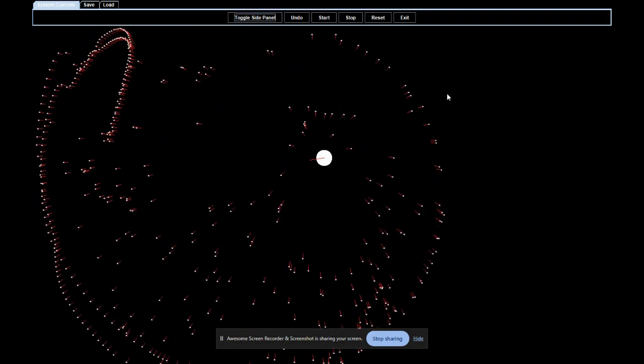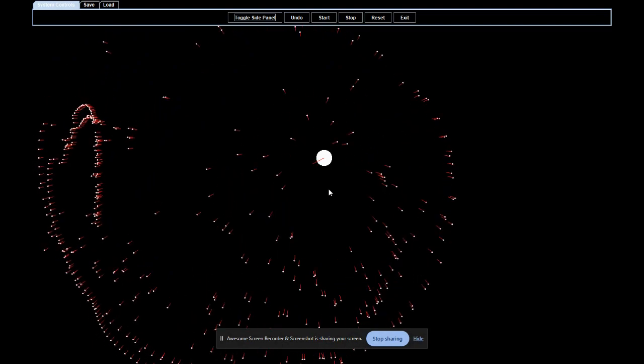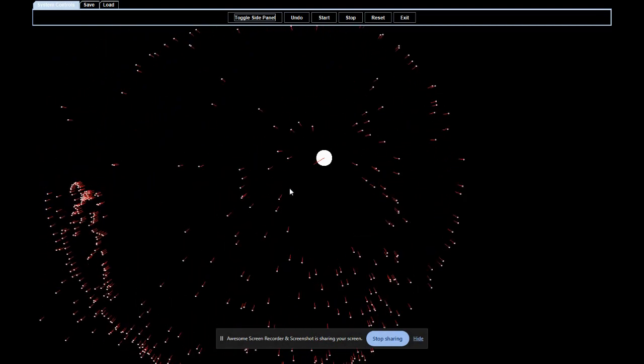So after adding the spiral galaxy simulation, you can see that bodies are orbiting around with their vectors pointing towards